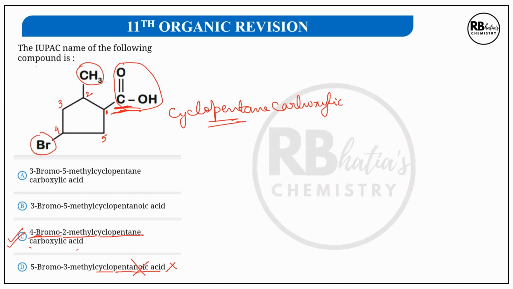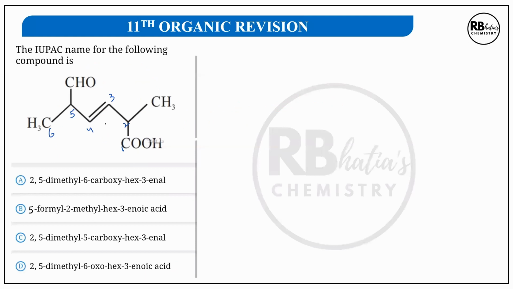Moving on to the next. Proceeding this way, this is a carboxylic acid, right? Numbering starts from here, 6 carbons. So the word root is hex. The third position is a double bond. Whenever there's a double bond between third and fourth, you always number it by the lower number.